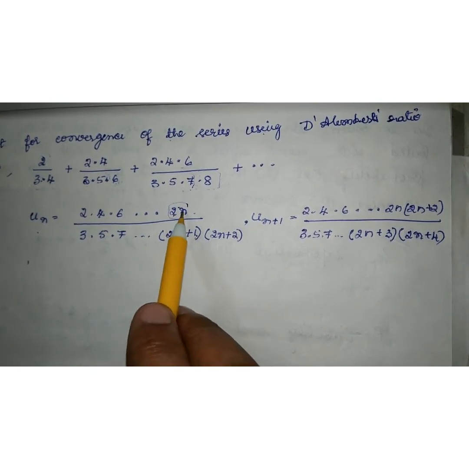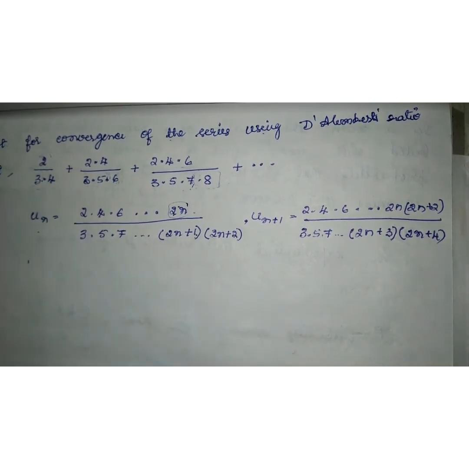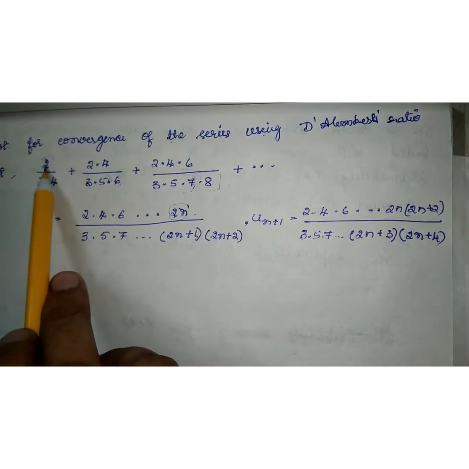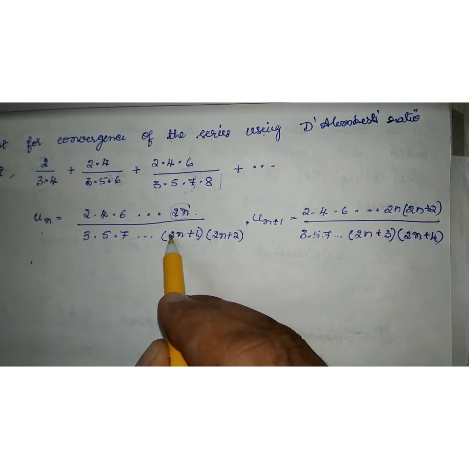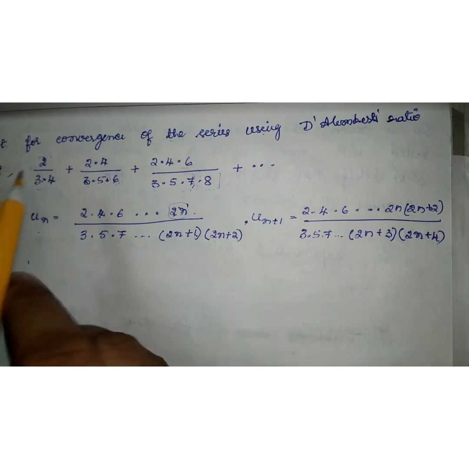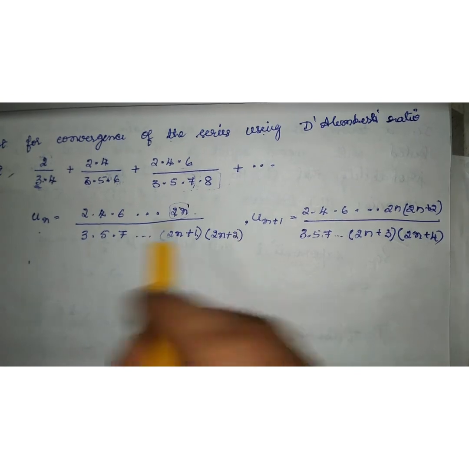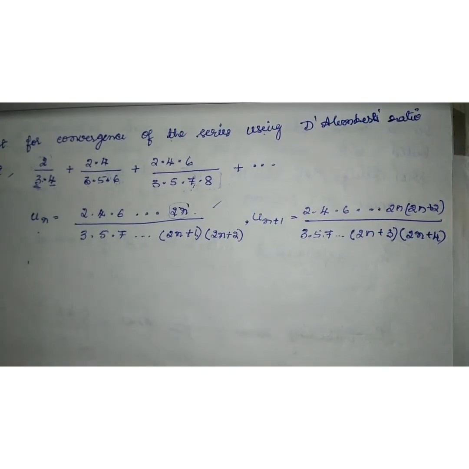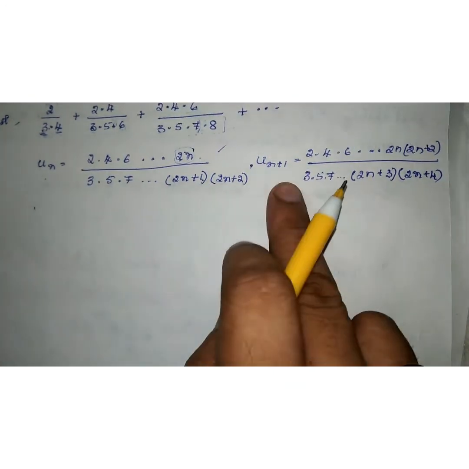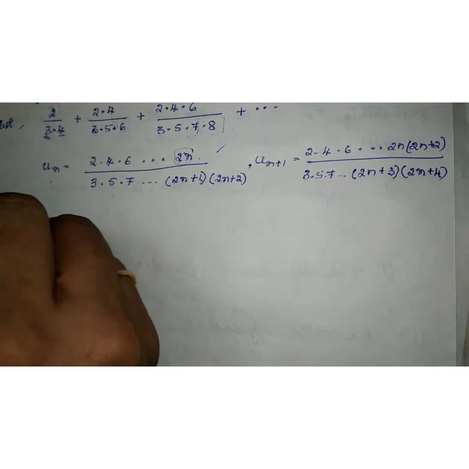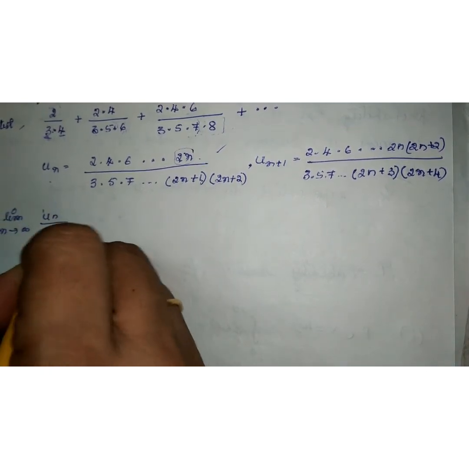So here, when you substitute n equal to 1, it is 2. So 2 is the first term in the numerator of the first term. And when you substitute n equal to 1 here, it is 2 into 1, 2 plus 1, 3. So we are getting 3 here, and here 2 into 1, 2 plus 2 is 4. So our nth term is right. So once we get nth term and n plus 1th term, we'll just apply limit n tends to infinity